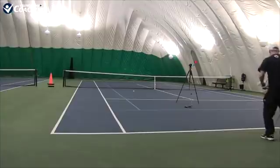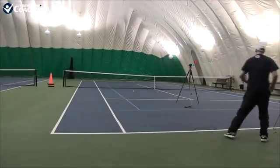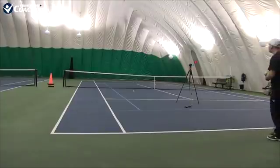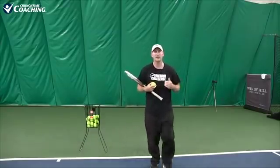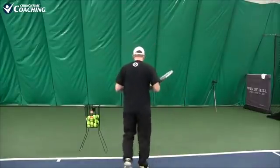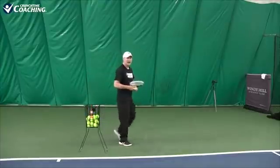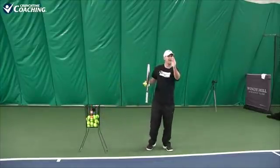Lots of acceleration, not holding back here. Lots of acceleration on that tilt. Then, once you start to feel locked in, now what you can do, and I'll just do 5, you count out of 10. You do 3 sets to 10 of how many you're making past the service line